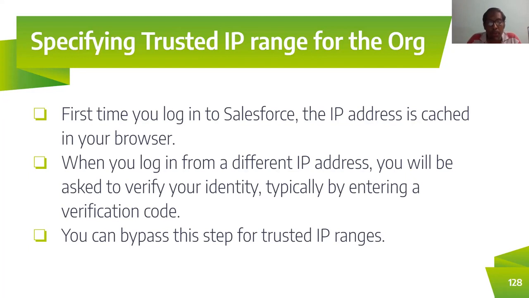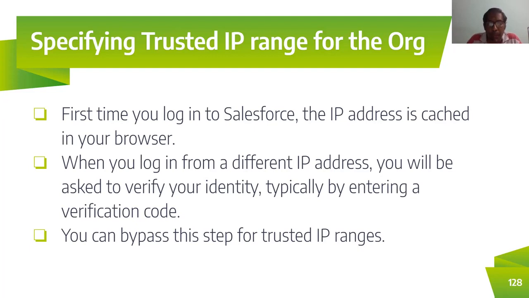Suppose you try to work on some other laptop or some other browser, right? What happens? The IP address will automatically change. So that is what you have to do. Again, you have to verify all your details by entering your phone number, and an OTP will come, right? Or else you can use an authenticator app, go to the authenticator app, and do the entry, so that you can get into the organization, right?